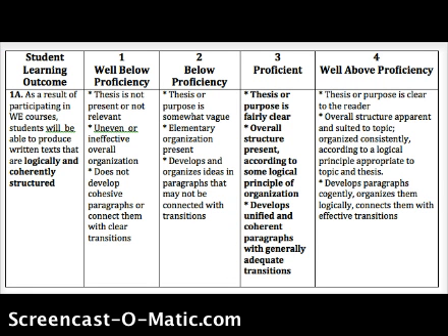A simple way to think about this is that anything that you write has a purpose. It has a reason for being written. Can you tell by looking at this piece of writing what that purpose is? Here's an example, just in regular conversation. Let's say that I come up to you and say, we're going to have to change our QEP instructor training to 6 days. 4 days is not enough. That's my thesis. My claim to you is that 4 days is not enough. We need 6 days to do adequate QEP training.